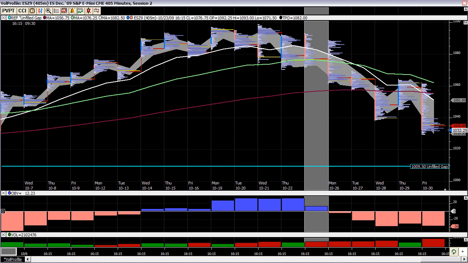I want to do a video today on the S&P. It's been a while, but nonetheless, let's get started and let's talk about the volume distribution, point of control, volume point of control, and where we're going on this chart and what's happening and what's going to possibly transpire this week. So firstly,